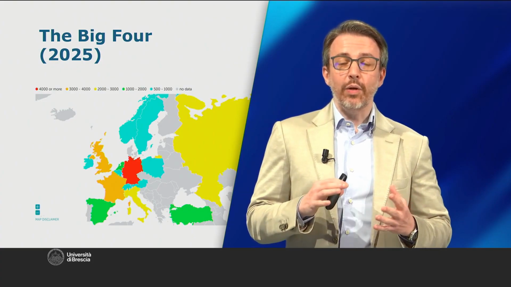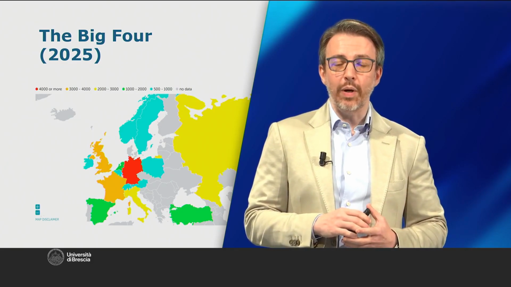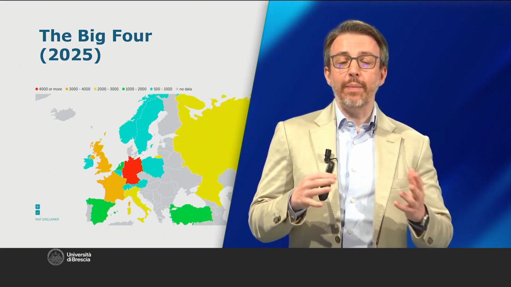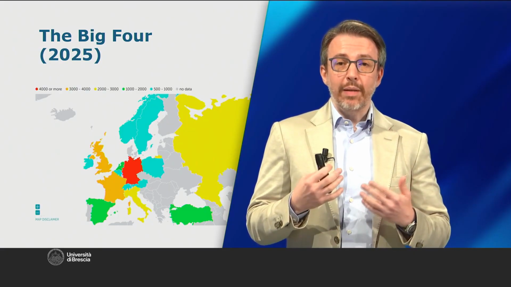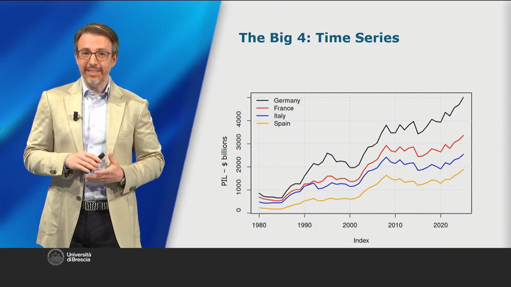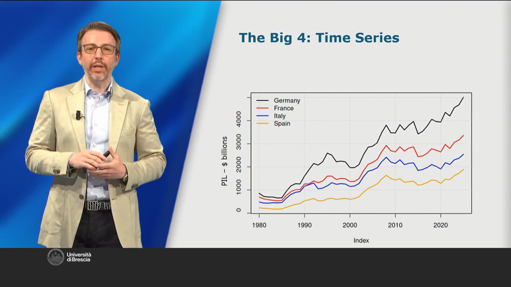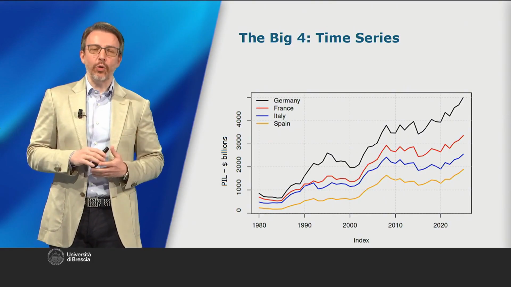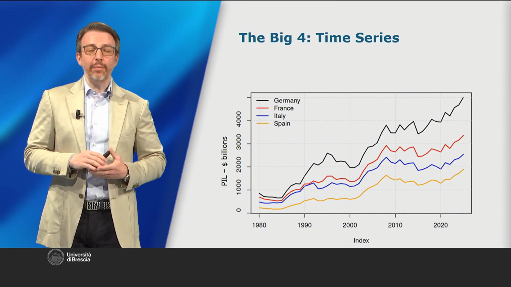These 4 countries alone represent the vast majority of the European Union's GDP, while the other countries split up the smaller remaining percentage. Over time, however, the importance of the bigger countries has changed. From 1960 up to today, the GDP of the 4 major countries in the European Union has more or less always grown, except during times of crisis, and their relative positions have stayed pretty much the same.